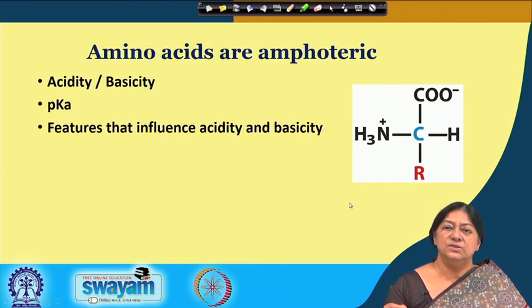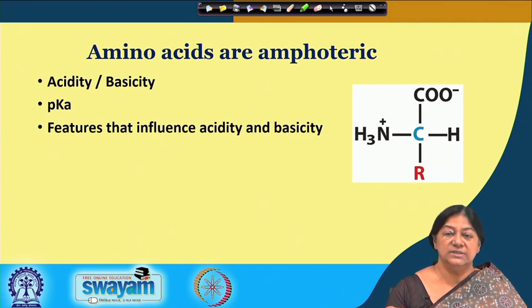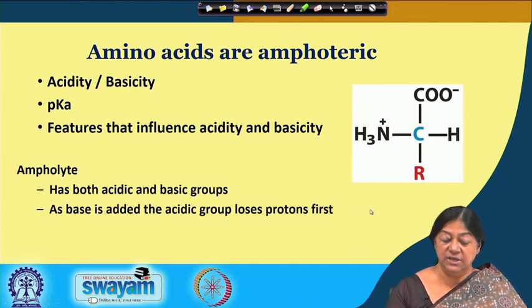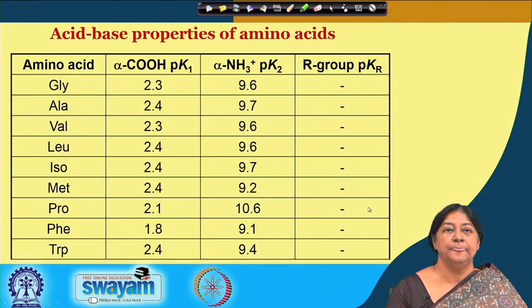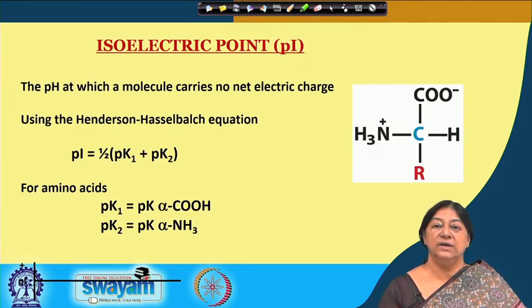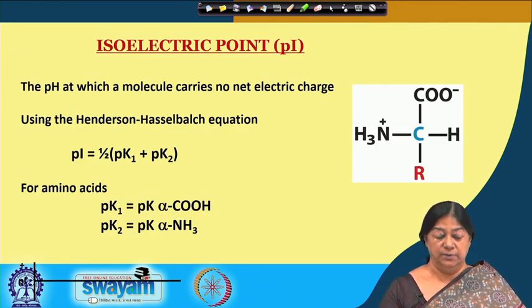The amino acids, we know, are amphoteric in nature. What does this mean? It has an acidic and basic property to it. It has specific pKa values, and these features influence the acidity and the basicity of the specific amino acids that we talk about. Now, if we go and try and understand what the isoelectric point of an amino acid is,